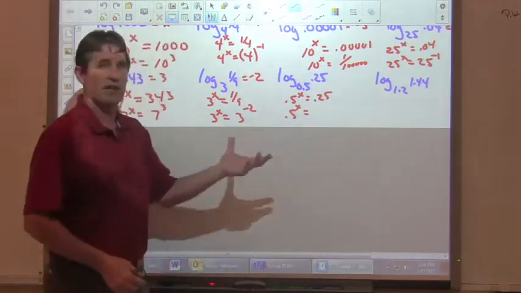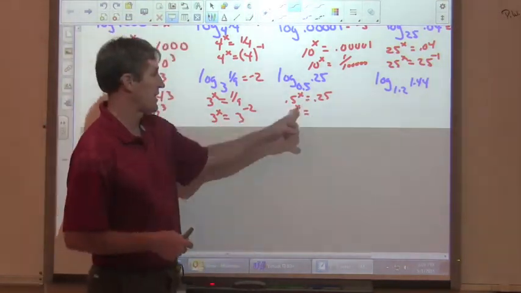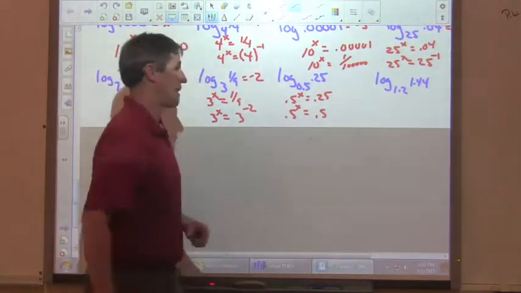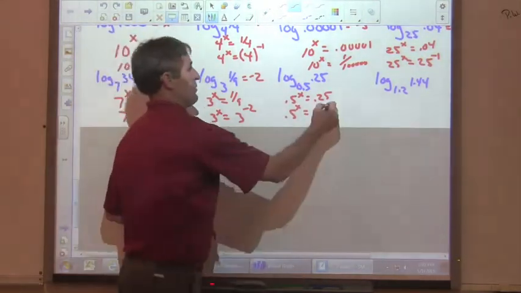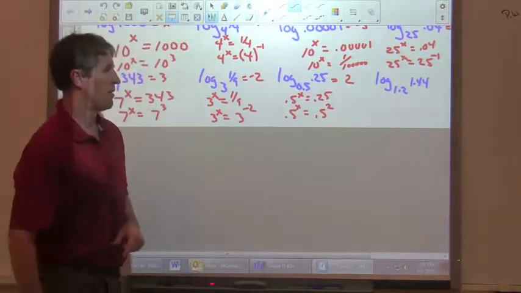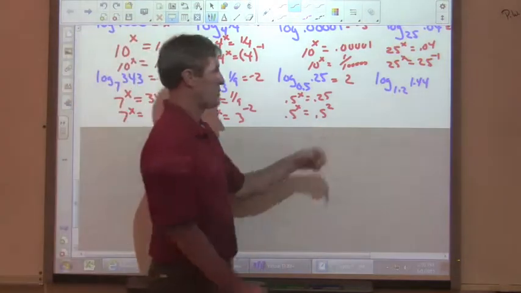So again, the difficult thing on this is just finding out how I can write this in the same base. So how can I write 0.25 as 0.5? That would be to the second power. So that equals 2. And the last one,